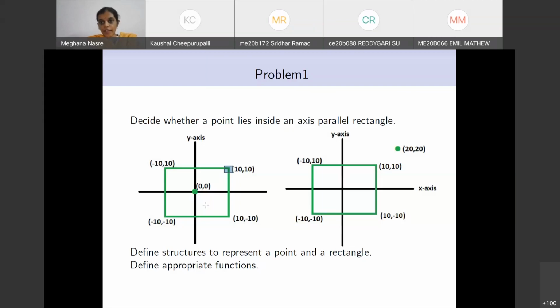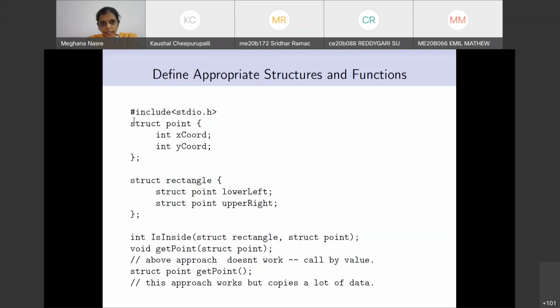For this, we defined a structure called point, and the point itself has its x coordinate and y coordinate because we are defining all of this in the 2D space. And the structure will have 2 points as its members, as we have seen. That is, we defined a struct point. This is the definition of this new data type, which we are calling struct point. And then the rectangle that we are defining itself will have 2 points. The points are indicatively named as lower left and upper right.